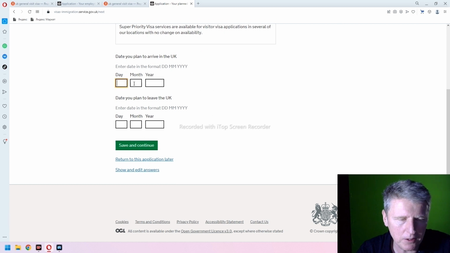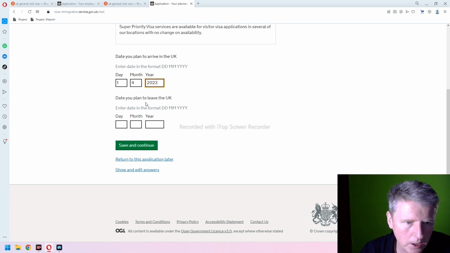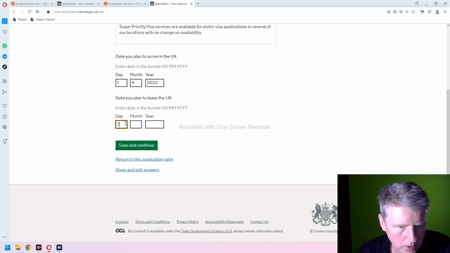Date you plan to arrive in the UK, never more than 3 months before the date of travel. So if you're travelling in May, you wouldn't be able to apply in February. You would have to wait until 3 months before or earlier before you could apply. So I'm just going to say I'm going to travel in April. We're now in February, so I'm going to travel 1st of April 2023, and I'm going to go till the 21st of April